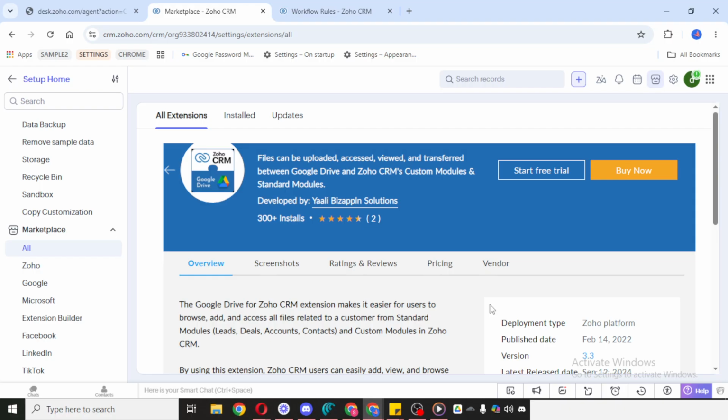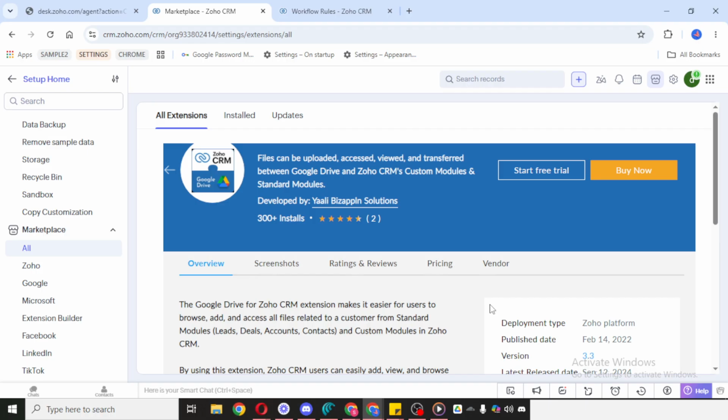As you go through the process, make sure you're signing into the correct Google account if prompted. That's important if you use multiple Google Drive accounts, since choosing the right one will determine where your files are connected and stored. Once you've completed the prompts, the integration should be successfully connected.